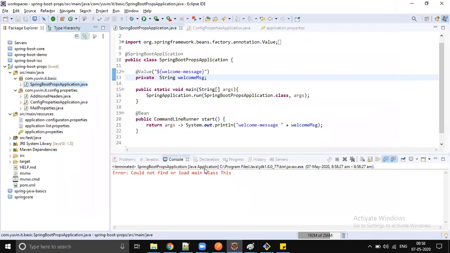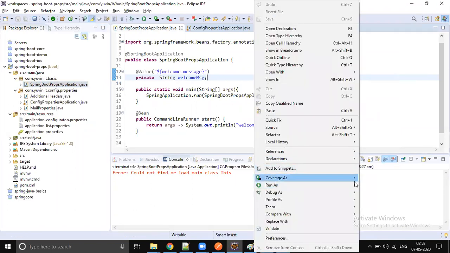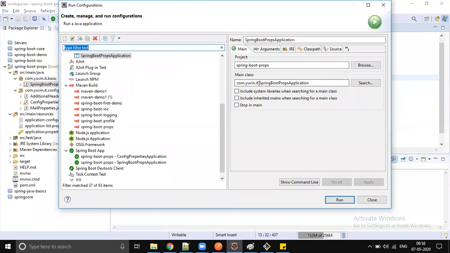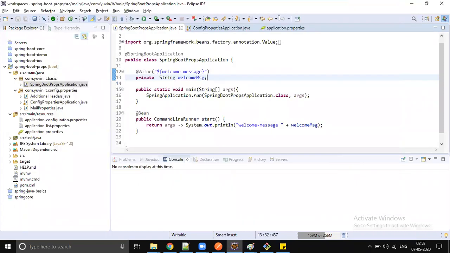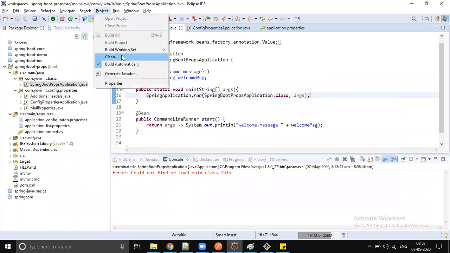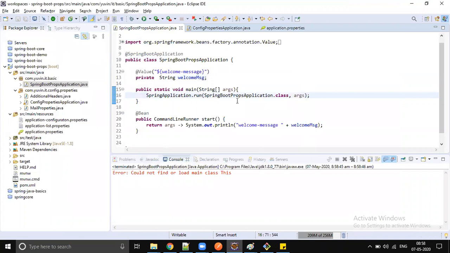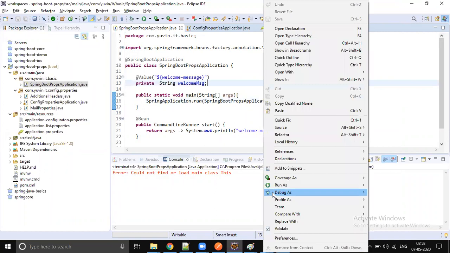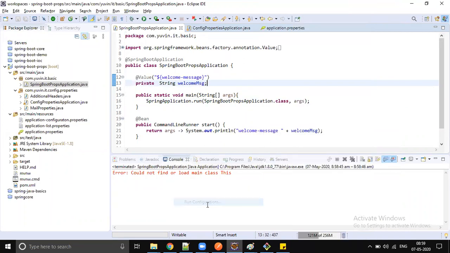Could not load main class. It.basic.spring boot application. Run as run configurations.